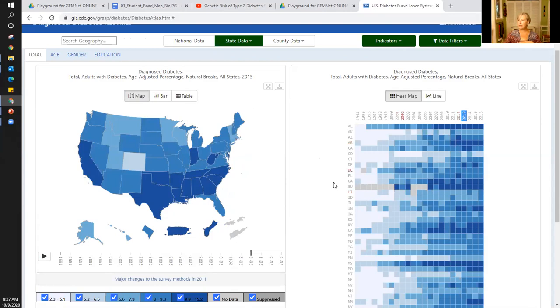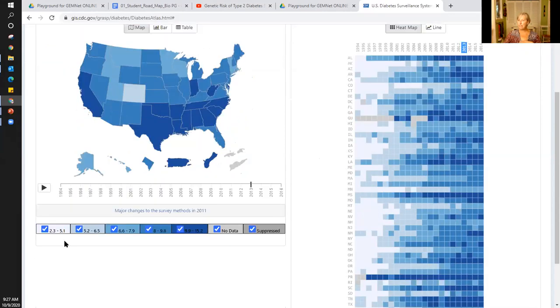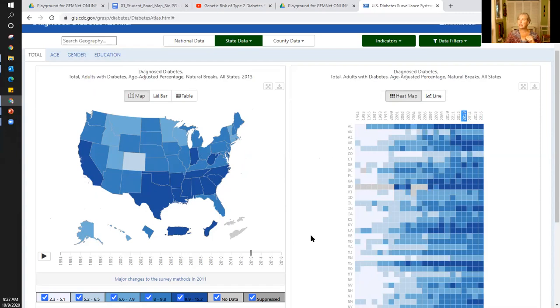You have heat maps over here. You have a scale down here that changes depending on how you're sorting the data, which is an interesting way of thinking about scales. You can sort it on age and gender and education. So this is what students do during lesson one, is go here and actually look at the data in a